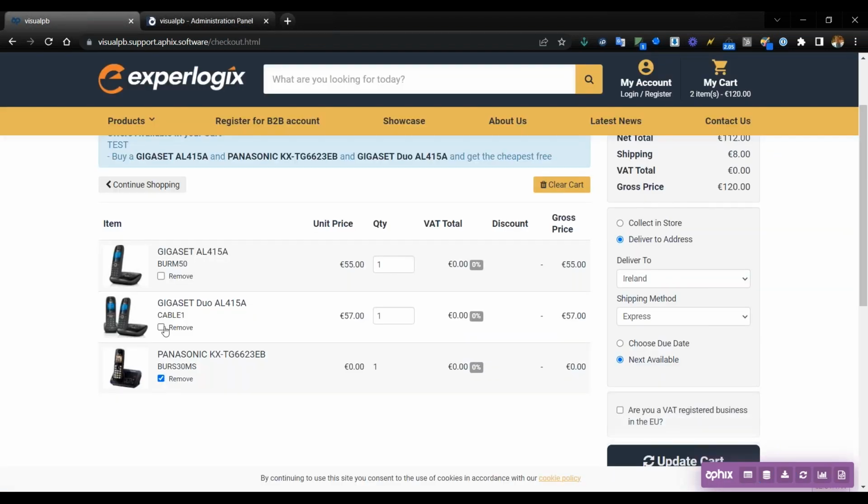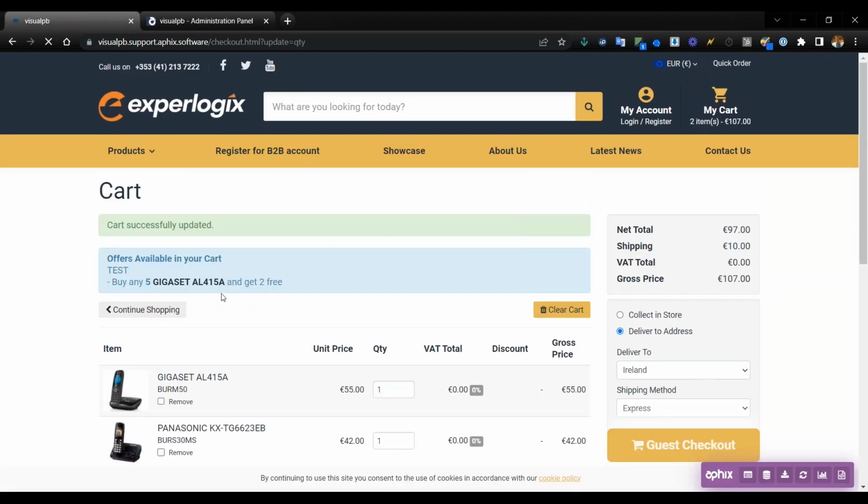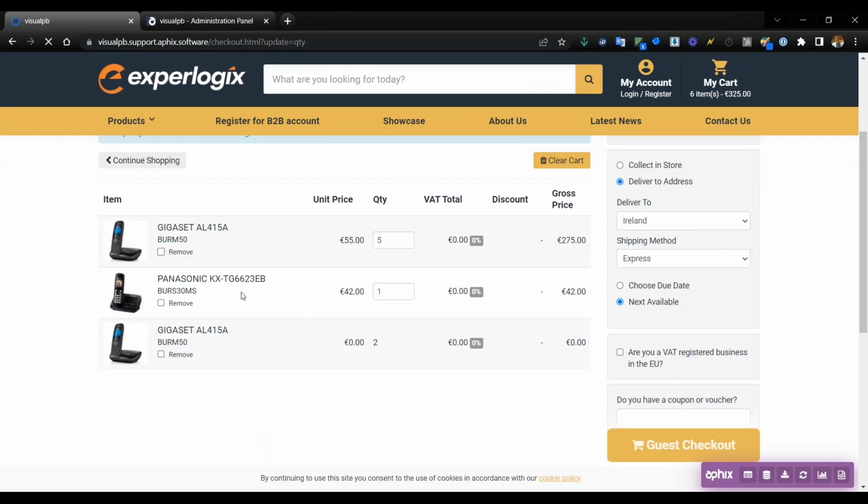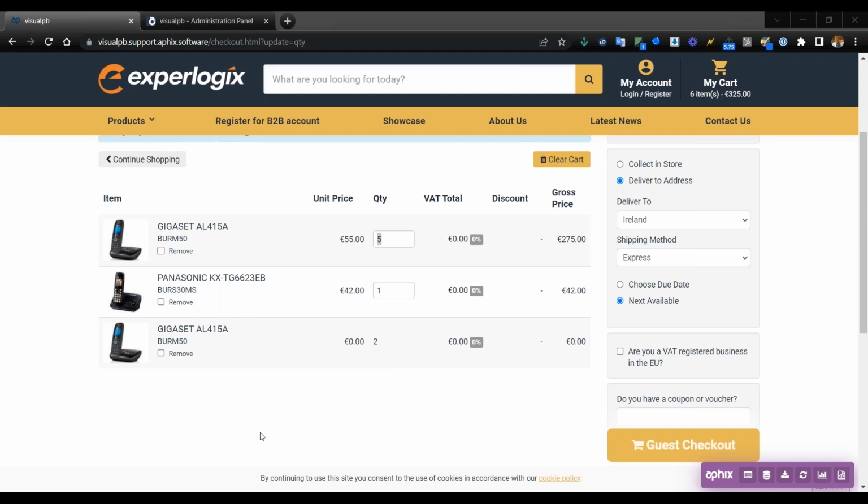So for this product, Berm 50, we'll remove these other 2. And it says the offer again: buy 5 of these and get 2 free. So add 5. And there we go. There's the one that I had beforehand, here's the 5 I'm paying for, and here's the 2 that are free. Used in conjunction with the other discounts, this is just another layer to get the most out of